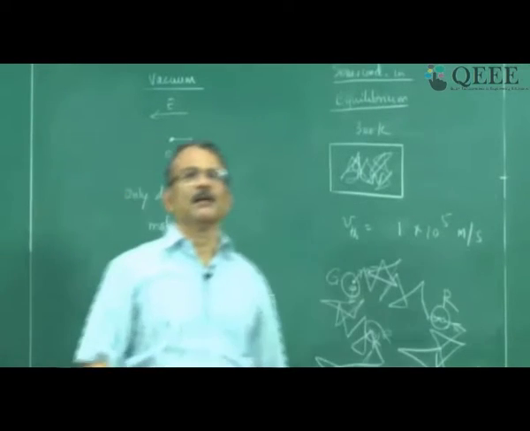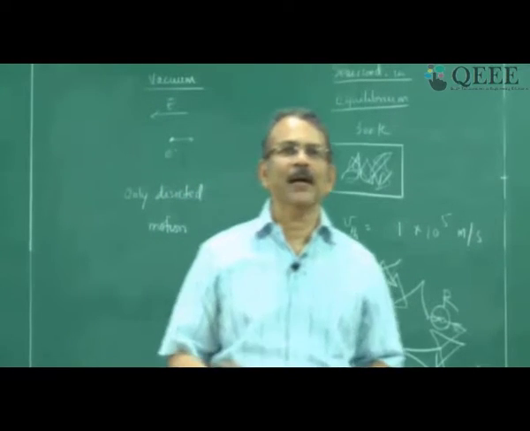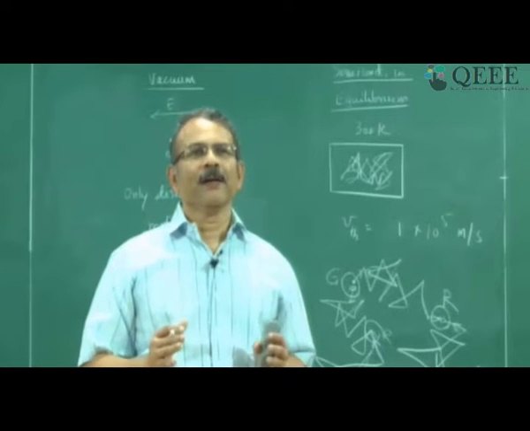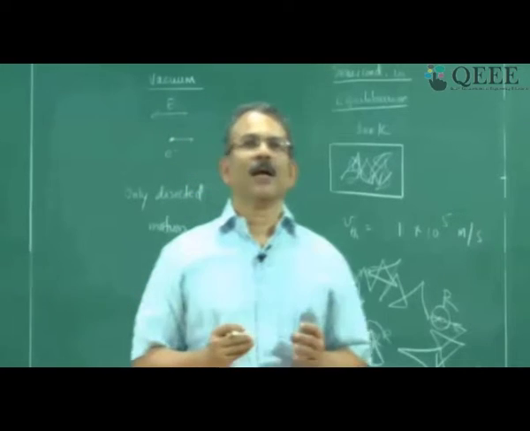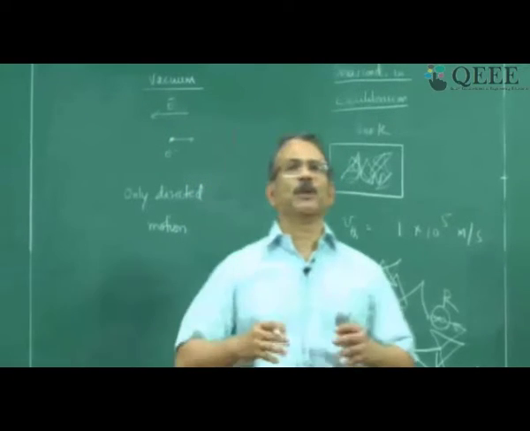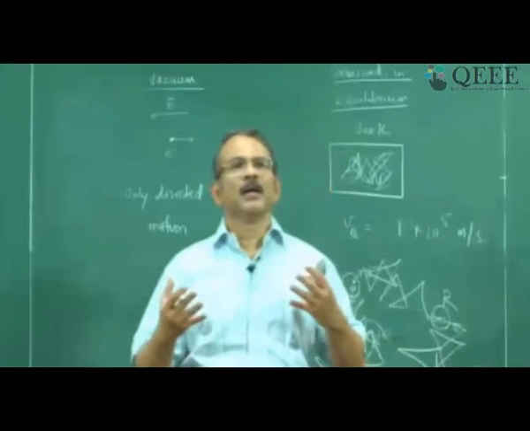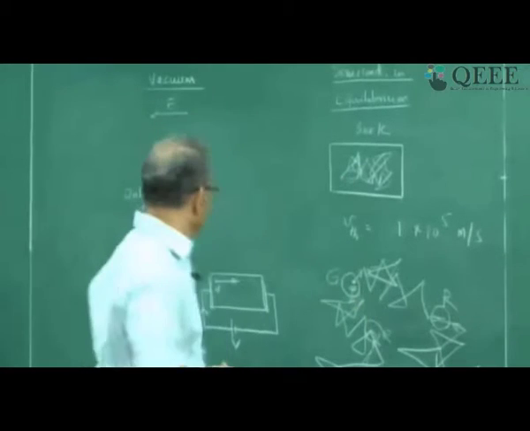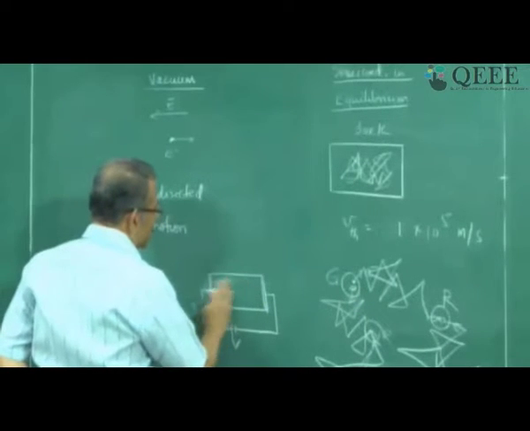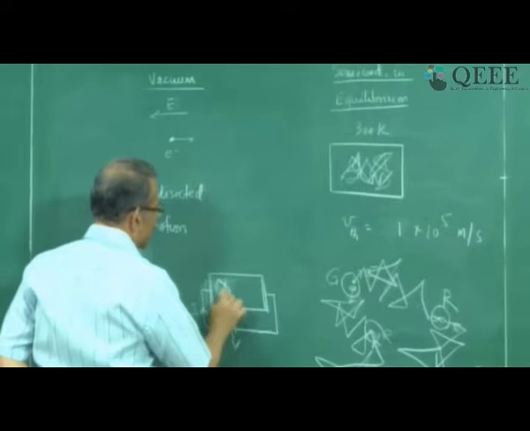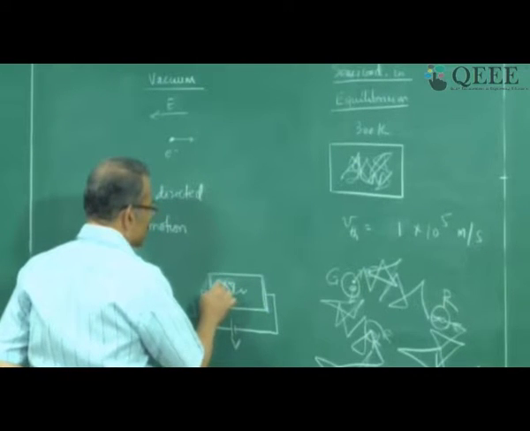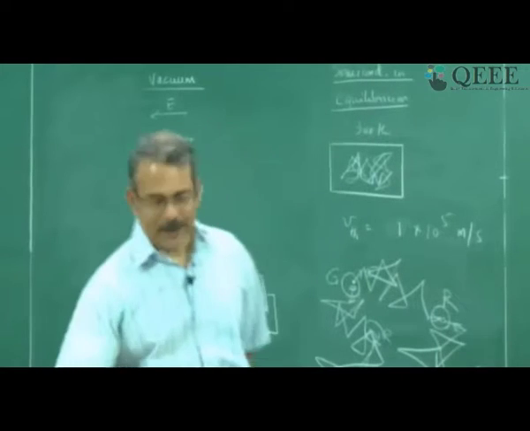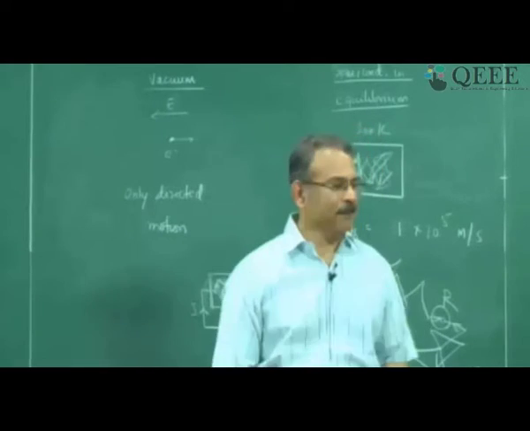In your 12th standard, this is the way you have been exposed to, right? Because people don't want to present you a complicated picture when you are young. They want to show you a simple picture. But always remember, the simple picture has to be improved as you grow up. Because unless you make the picture more sophisticated, you cannot explain very many things. So instead of showing it like this, the actual picture is random movement and directed movement. So a hole is moving from here to here, but in between it is moving randomly also. Okay, that is what is shown here on the slide.